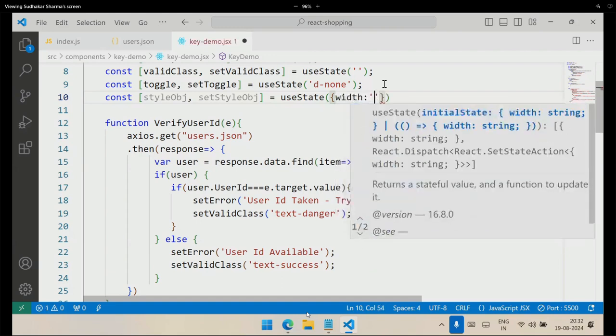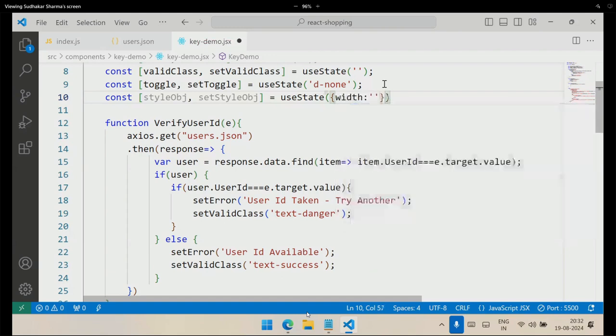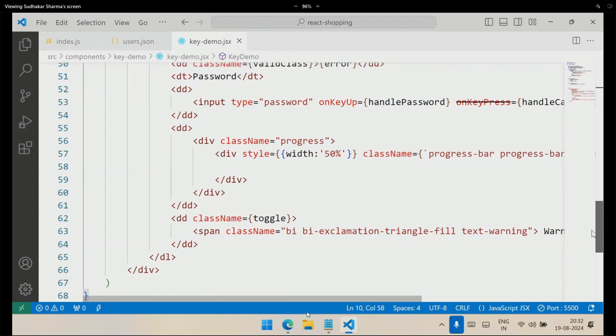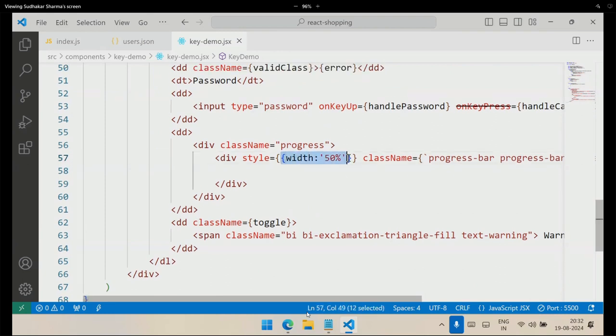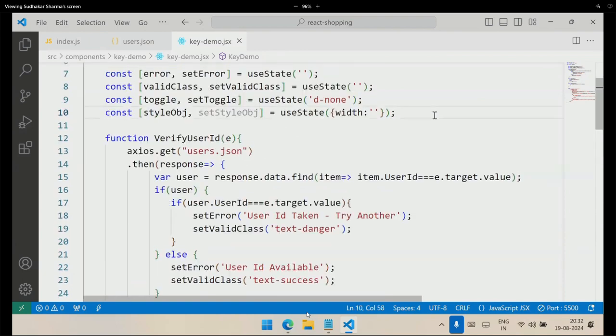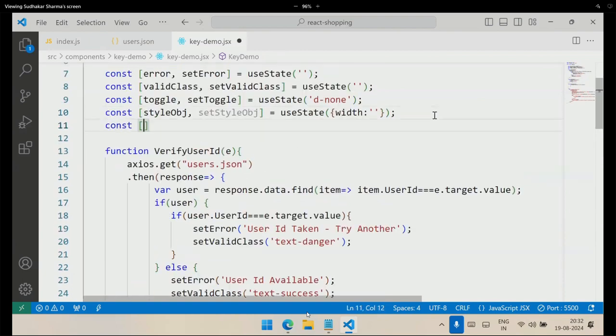Width is initially unknown. We are not giving any width. And where to apply this style object? The style object should be applied to this width. Here we have to apply the style object. The style object contains width. Width is currently not known. And one more we need, that is the style object with constant progress color